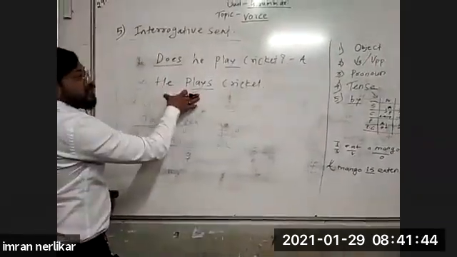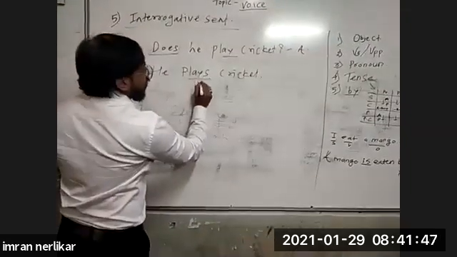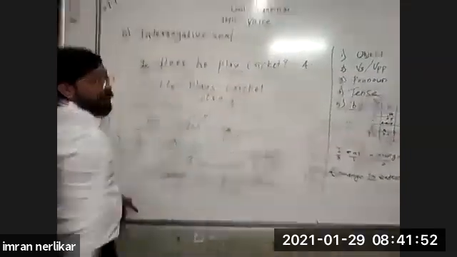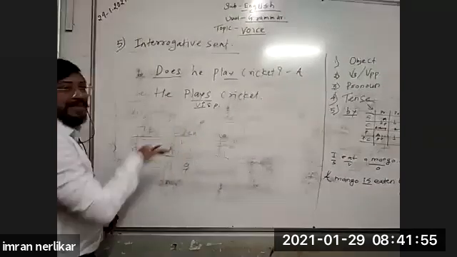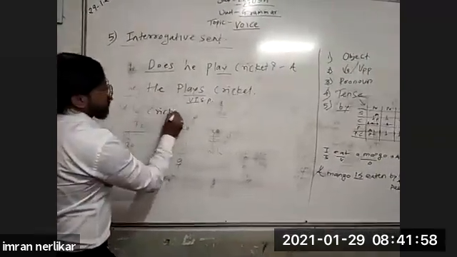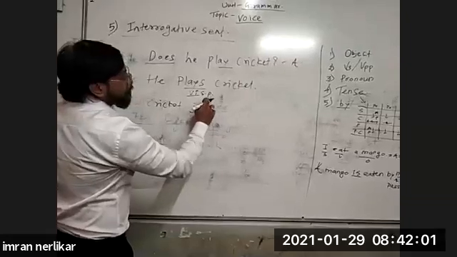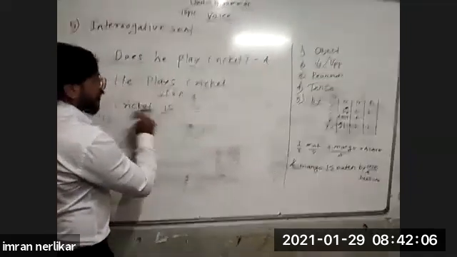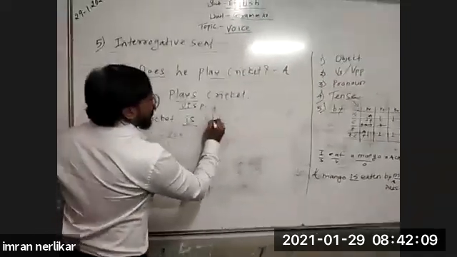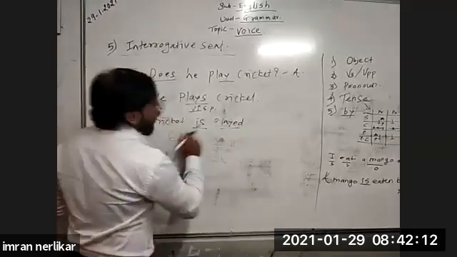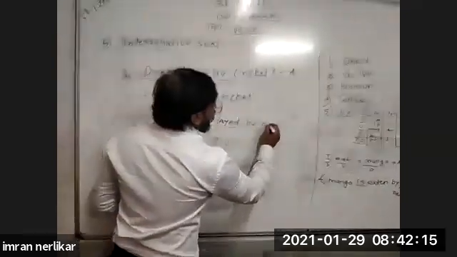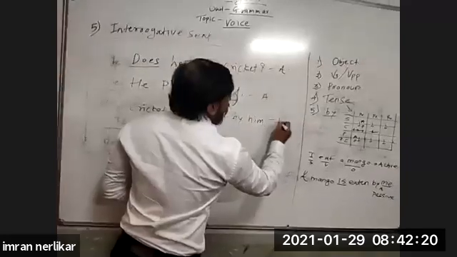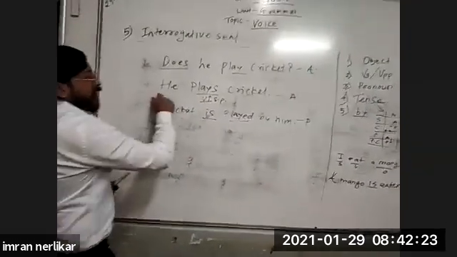Now in this sentence, if you will see plays, it is in V1 simple present tense. V1 simple present tense, there is no helping verb. Now make it passive. Cricket is, simple present becomes passive in continuous present tense. Continuous present tense, is, am, are. Cricket is, cricket is. Play will become third form, played. Cricket is played by him. See, this is sentence active, sentence passive.